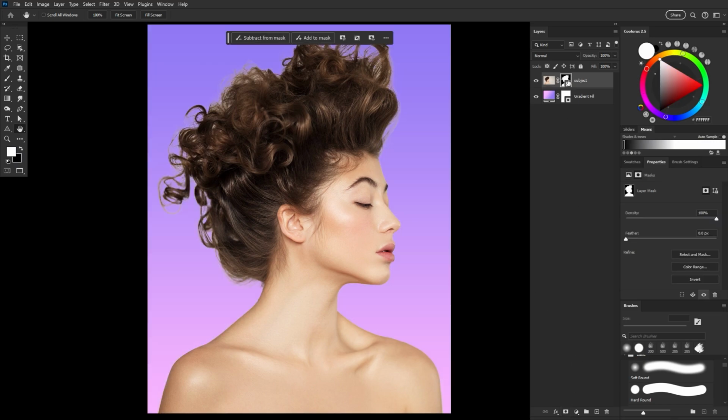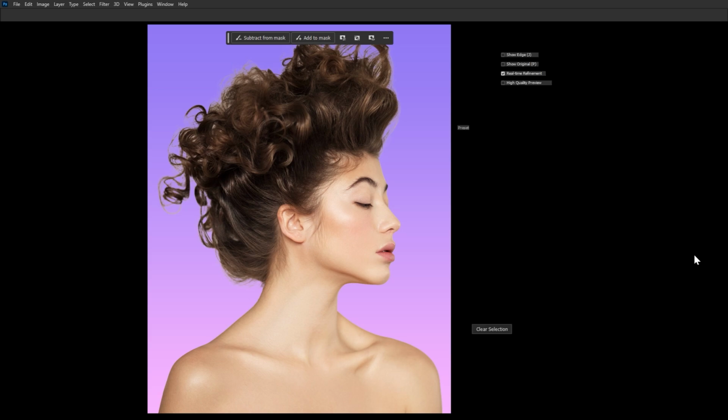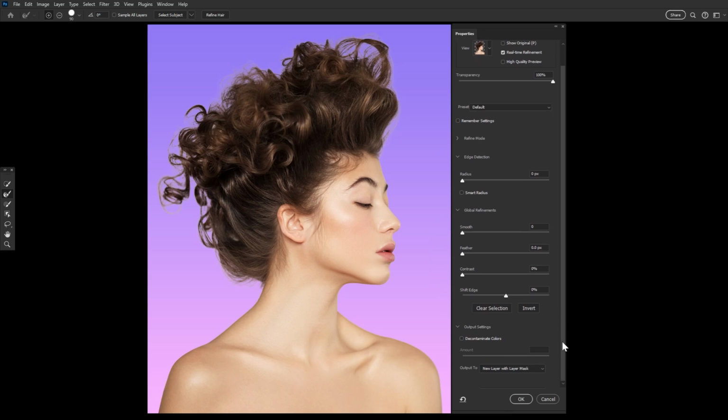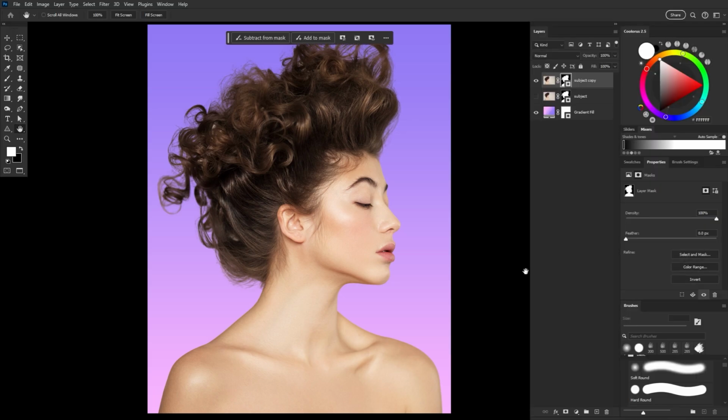Let's go to select a mask in the properties panel. Click on refine hair. And there are settings to play with, but that refine hair button really does the trick 90% of the time. We can finish things off though by choosing decontaminate color, setting it to 75 to 100%, but that's it. A perfectly extracted hair in less than 2 minutes?